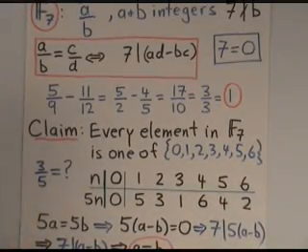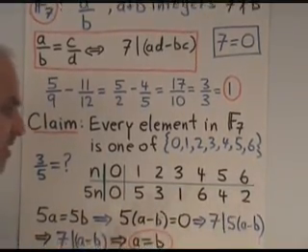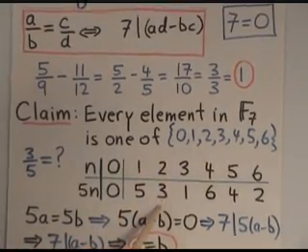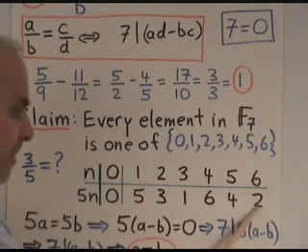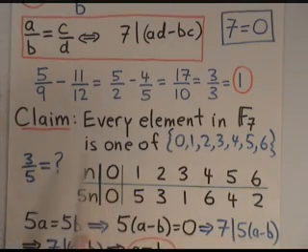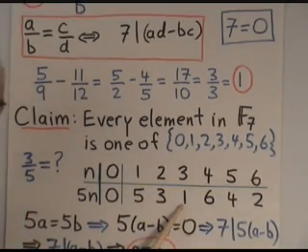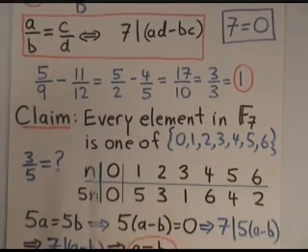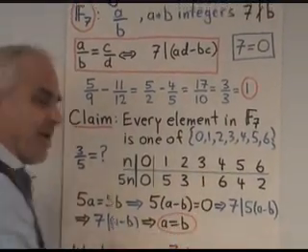There's a 5 in the denominator. I'm going to take each of the 7 numbers and multiply them each by 5. 1 times 5 is 5, 2 times 5 is 10, which is the same as 3, and so on. And I want you to notice that these 7 numbers that appear here are just a rearrangement of the 7 numbers that we started with. In particular, the number 1 is occurring somewhere as 5 times something. 5 times 3 is 1. That's telling us that the inverse of 5 is 3.